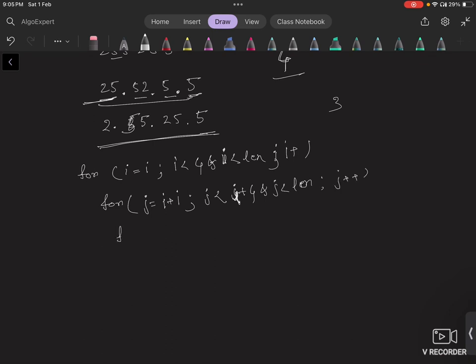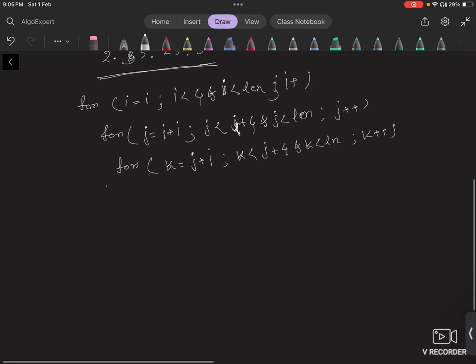Then I will take another for loop as well for k. It should be j plus 1 and k less than j plus 4 and k less than length and k plus plus. So we have written the three for loops. Now we need to find out the